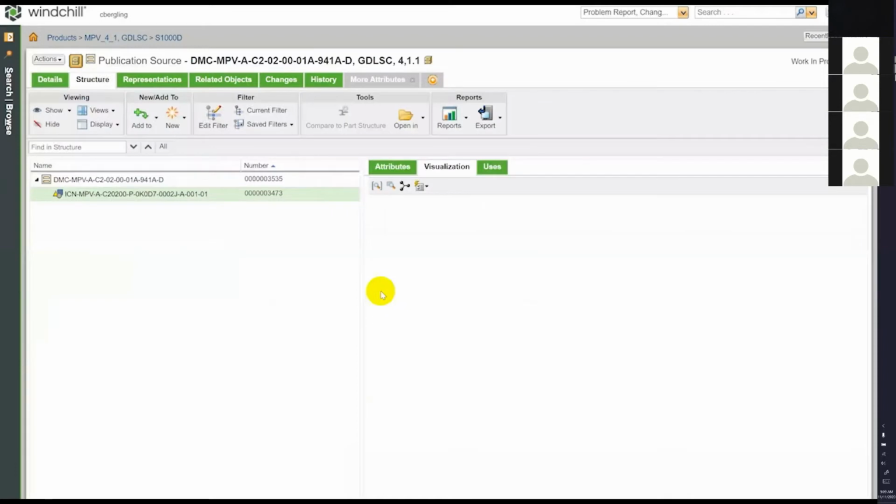If I go to the structure tab, it tells me a little bit more information. It tells me what other XML fragments, data modules, or graphics might be used by this particular piece of XML. It's a great way to understand the linkage between your content. You can see where things are used at a quick glance. This particular data module is only using one graphic. So if I go to the information page for that graphic,